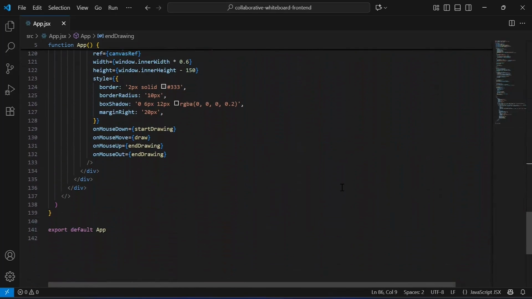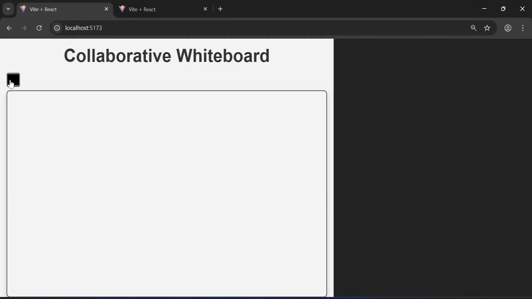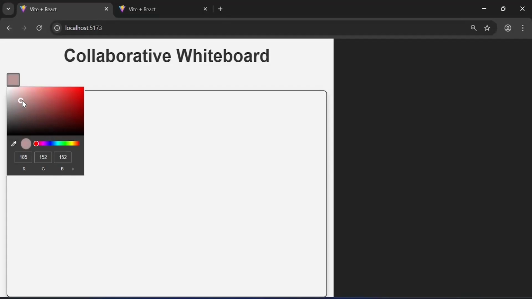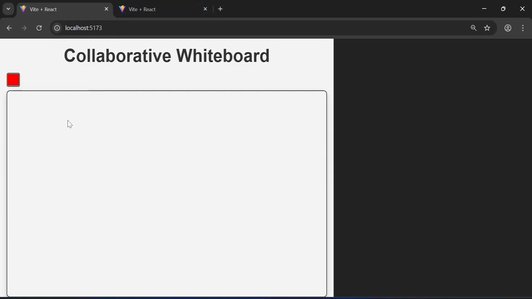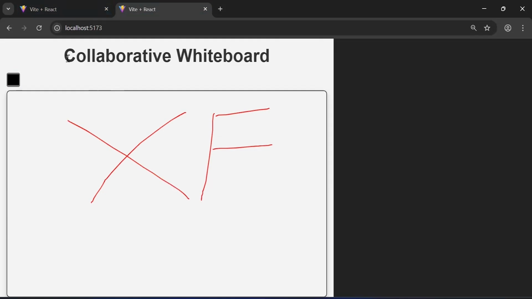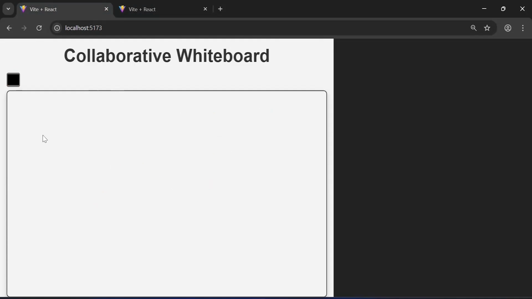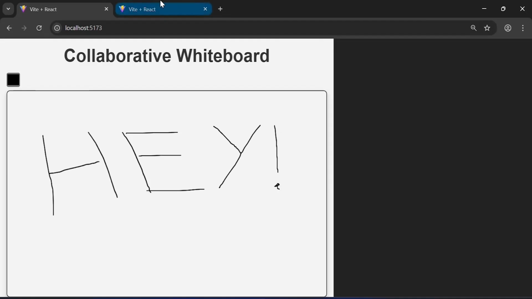Let's navigate to the browser. As you can see, the input for picking color. Let me pick the color red. Let's draw something here on the canvas. We can see the real-time drawing on the next tab. Let me draw something else. As you can see,